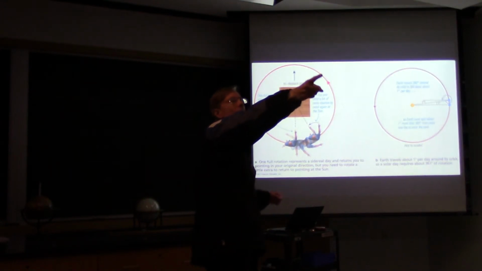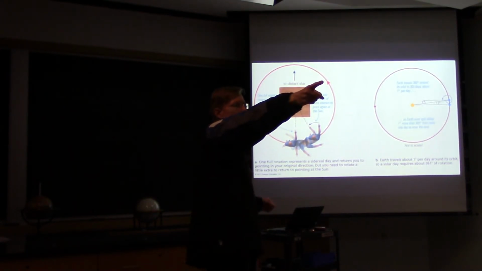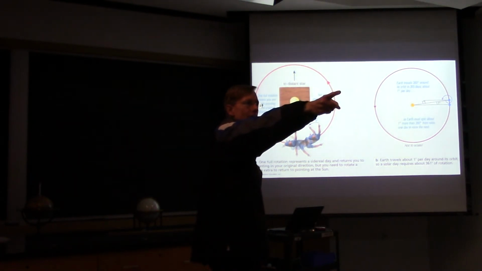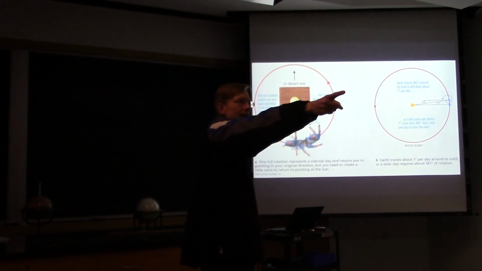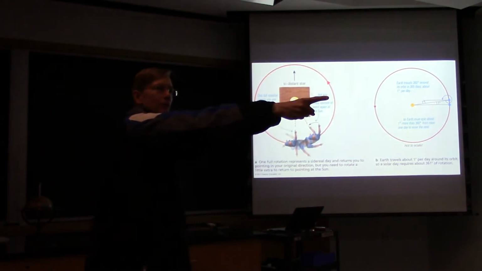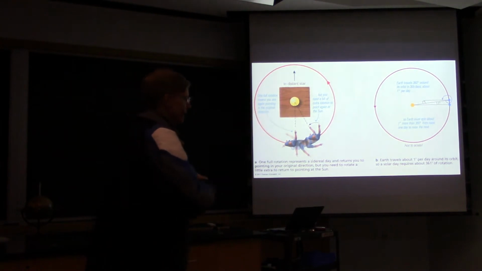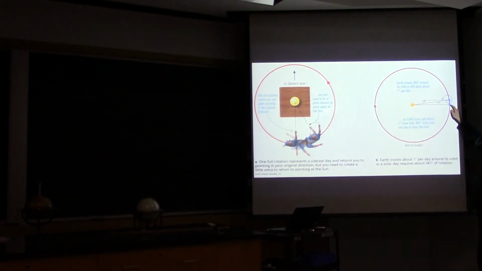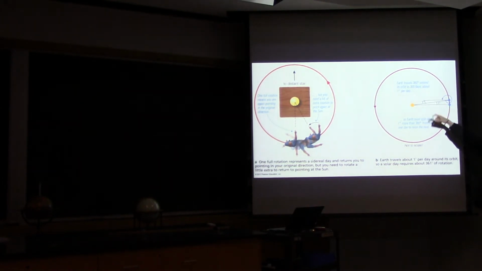But in other words, if I was pointing at a star before, I'd still be pointing at that star now, because the star is many light years away. But am I pointing to the sun anymore? No. So to point to the sun, again, I've got to keep turning some. And in fact, you have to turn about 1 extra degree, because Earth goes around the sun about 1 degree every day, since there's 360 degrees around the orbit, and 1 day is roughly 1/360th of the orbit,